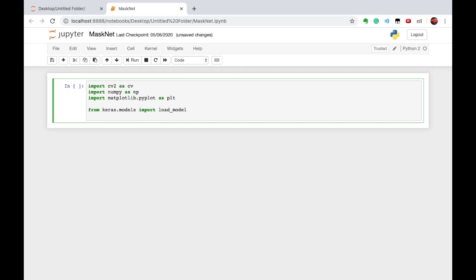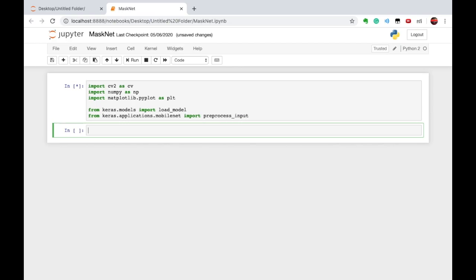I also want to use the preprocess input function, which will preprocess my image in such a way that we can put that image into our model. So from keras.applications.mobilenet import preprocess_input. Clear? So let's execute this.